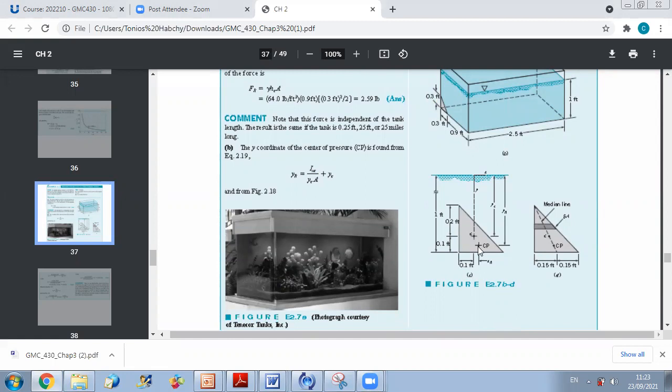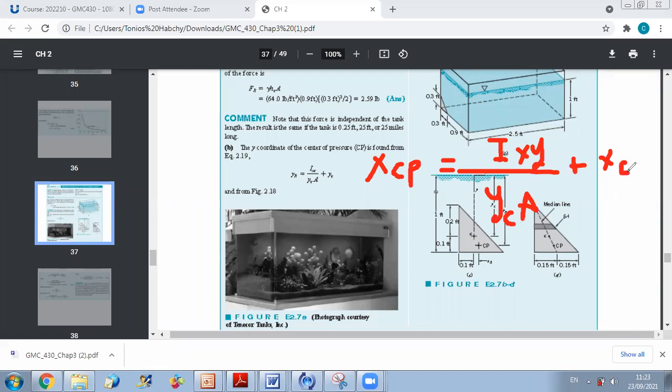Now for XCP, you can use the formula from the derivation we did last time. You can use that X of center of pressure. So X of center of pressure is equal to the product IXY over YC A plus X of C. Okay, you can do this, or